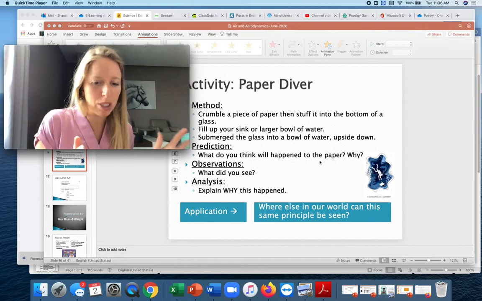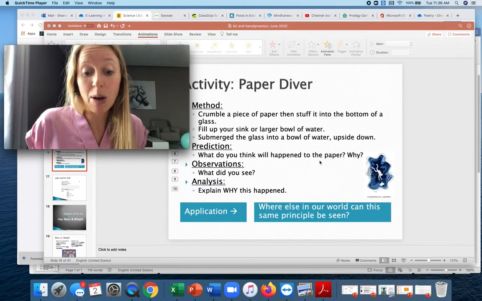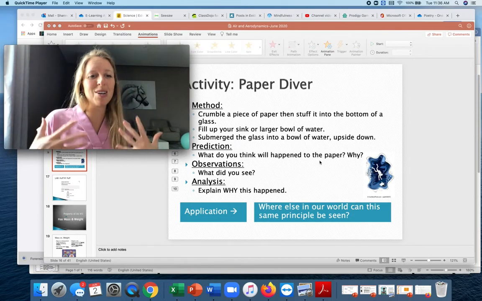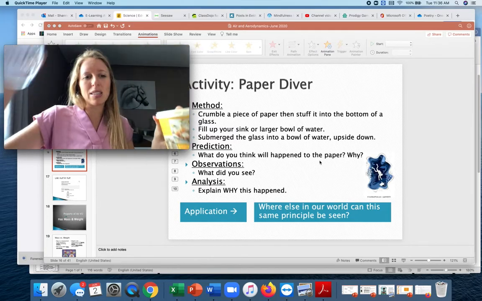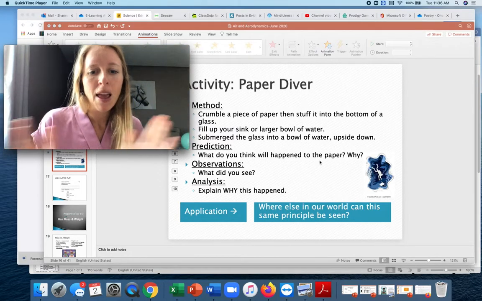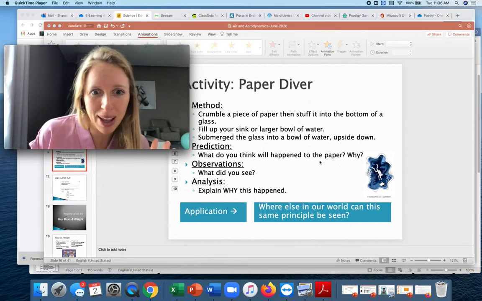And you might want to go to a space where, I'm not going to do this over top of my computer. That would be very bad for it. So just remember, it's so simple. Remember these steps and then try it in a space away from technology, okay? So make a prediction first. What do you think is going to happen?